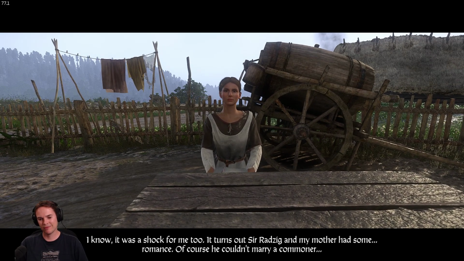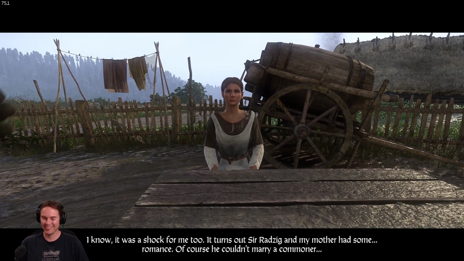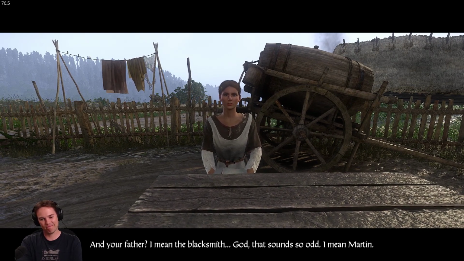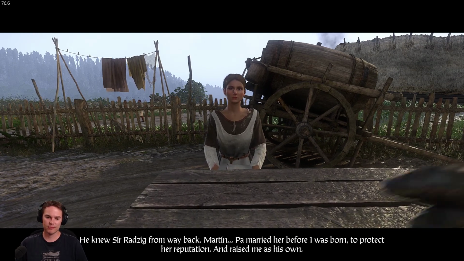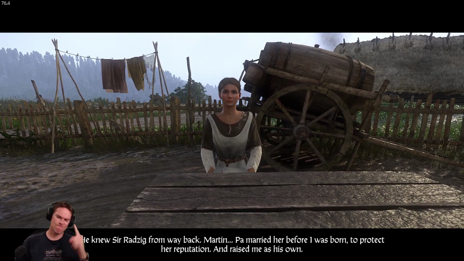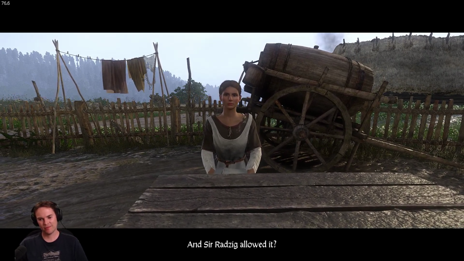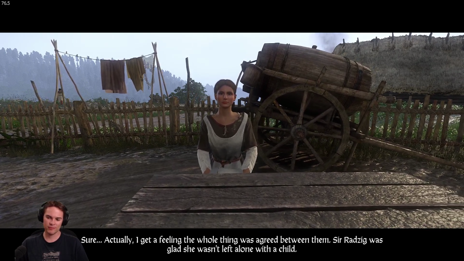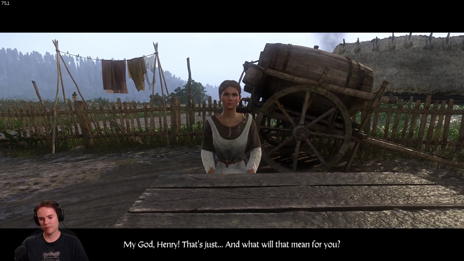I know, it was a shock for me too. It turns out Sir Radzig and my mother had some romance. Of course, he couldn't marry a commoner. And your father? I mean the blacksmith. God, that sounds so odd. I mean Martin. He knew Sir Radzig from way back. Martin, my pa, married her before I was born to protect her reputation and raise me as his own. And Sir Radzig allowed it? Sure. Actually, I get a feeling the whole thing was agreed between them. Sir Radzig was glad she wasn't left alone with a child. My God, Henry. That's just...